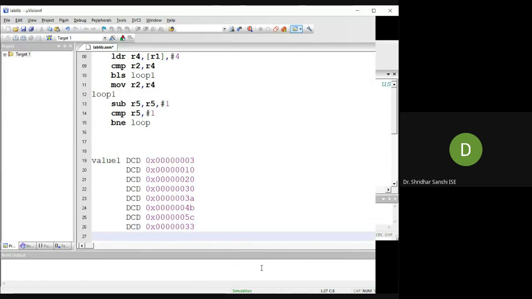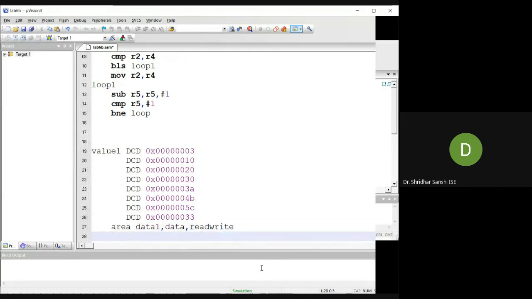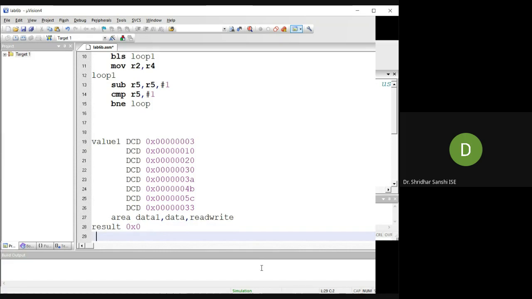So I will declare it in the data section and define this variable. If it has reached the end, I should store that to a variable.